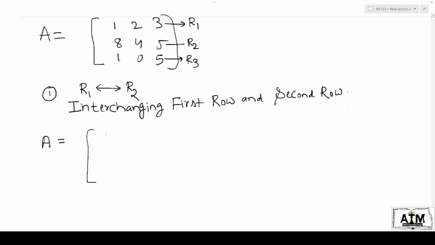In place of R1, you write down R2. So R2 is nothing but 8, 4, 5. So we write 8, 4, 5 here. And in place of R2, write down R1. R1 is 1, 2, 3. So write down 1, 2, 3 here. But R3 will remain as it is. 1, 0, 5 will remain as it is. So this is the meaning of interchanging R1 and R2, and interchanging of two rows is denoted by a double head